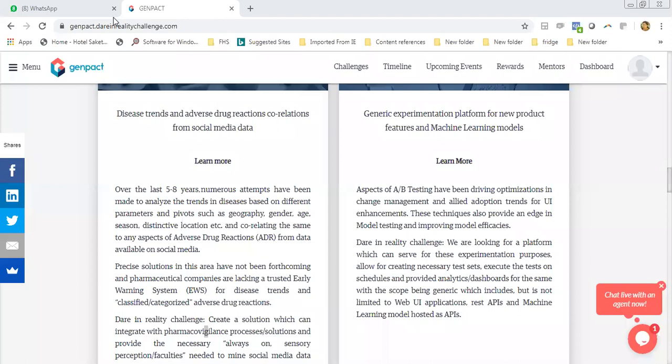Yeah, I think the answer to this is obvious, isn't it? So when companies run clinical trials, right, how do they run it? They pick a set of volunteers, or they pick a set of paid volunteers in a particular geography, in a particular region, of a particular age group, of a particular precondition before they run the clinical trials, right?